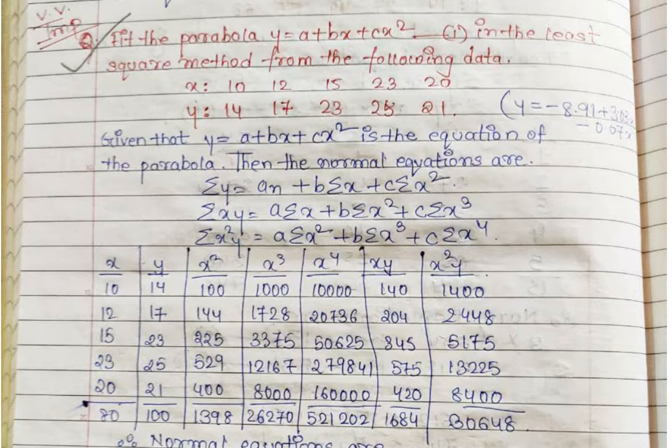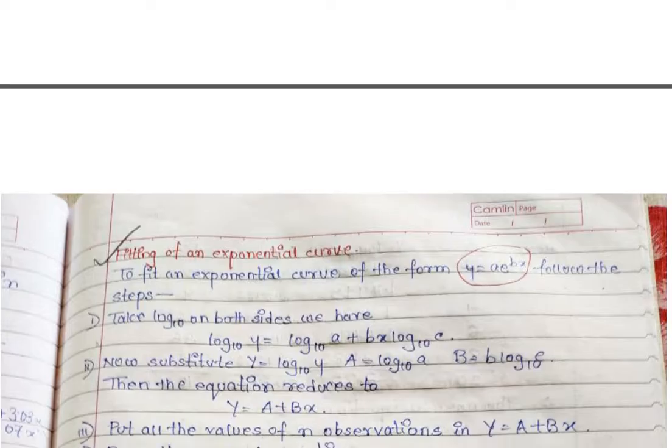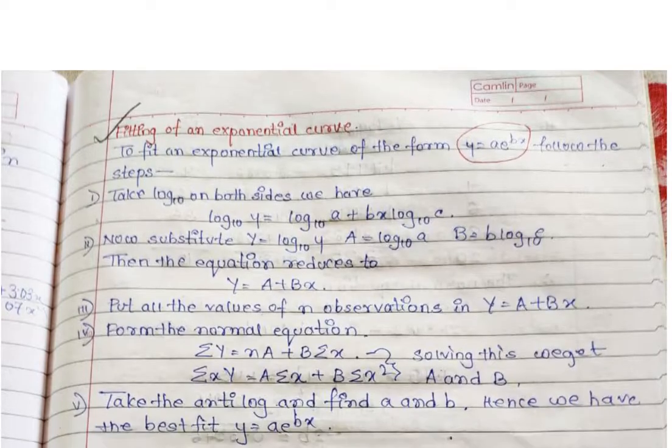Clear? Now let us go to rule number 3, that is how to fit an exponential curve. Say an exponential curve is in the form y equals a e to the power bx. अगर ऐसे कोई फॉर्म में है तो कैसे करेंगे? If the equation is in this form, we will simply take log base 10 on both sides. यही कन्वेंशन है, log base e नहीं लेना है, ठीक है? log base e अगर लेंगे तो e का कोई वैल्यू ही नहीं यहाँ पे बचेगा.